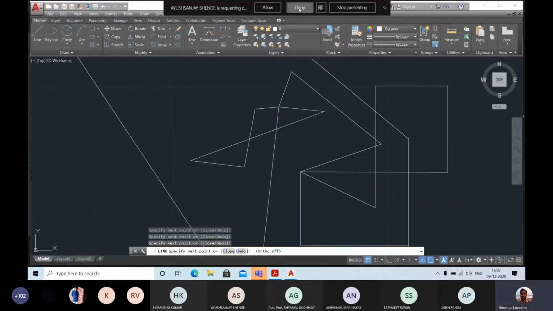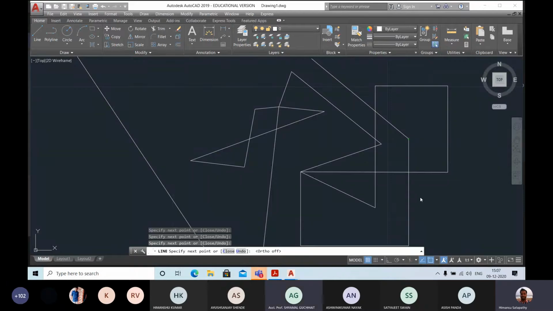Please don't stop presenting something. Please pay attention to the drawing. Don't stop recording or don't start recording anyway, because Guchai sir is recording. Please have patience. At the end of the class, you are getting that one. Actually, okay, so this is your Himanshu sir. Actually, sir, someone has already stopped recording. So some of your lecture has already, I think, gone. So I have again started recording just 15 minutes back.